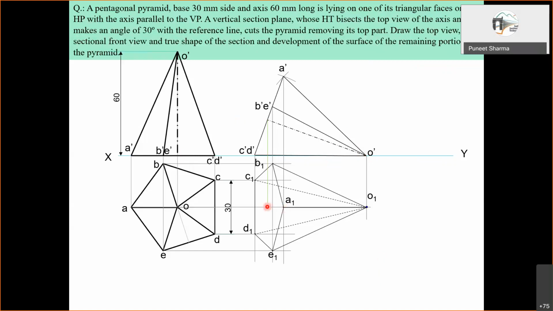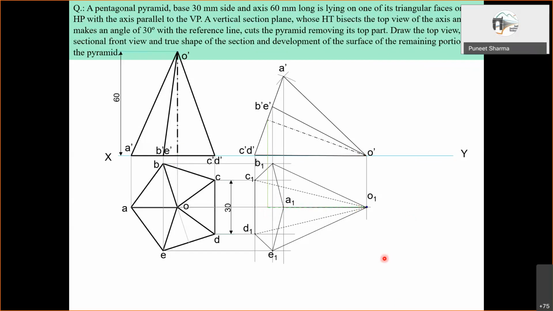So this will be the point, right? Geometric center exactly below O dash. That is this particular location we mark over. So now the axis can be drawn from O1 up to this point. You could give another name to this point. It could be O1, O2 or whatever, right?